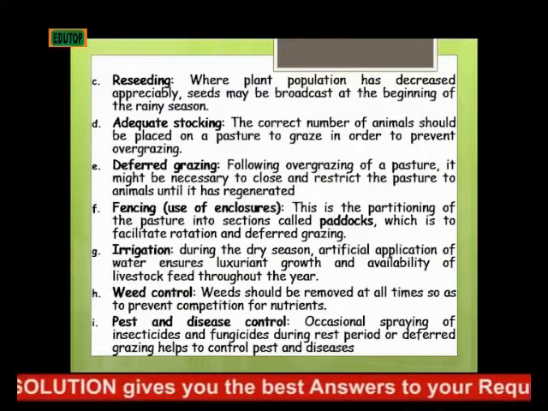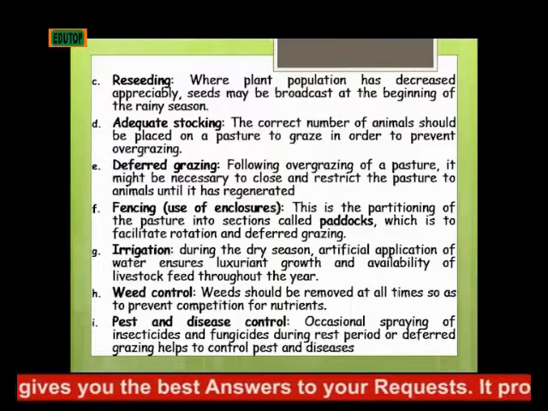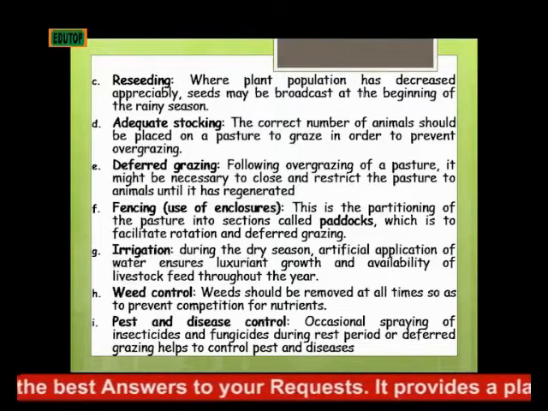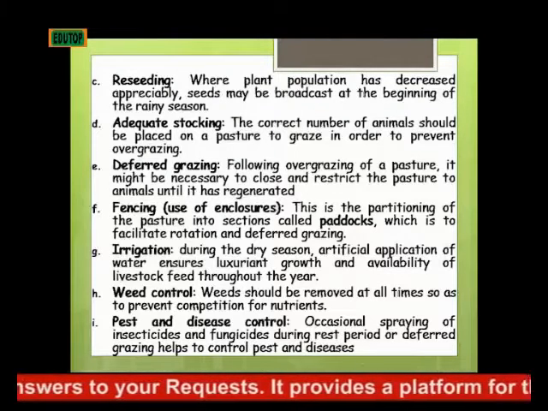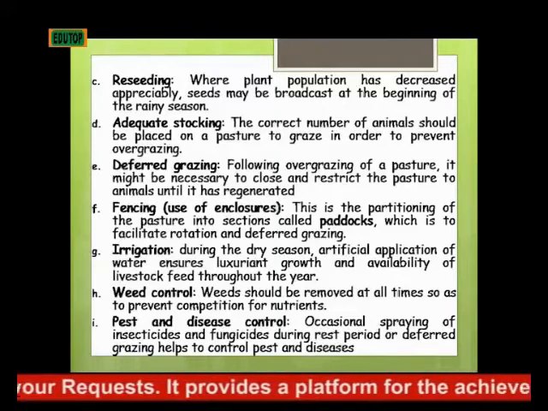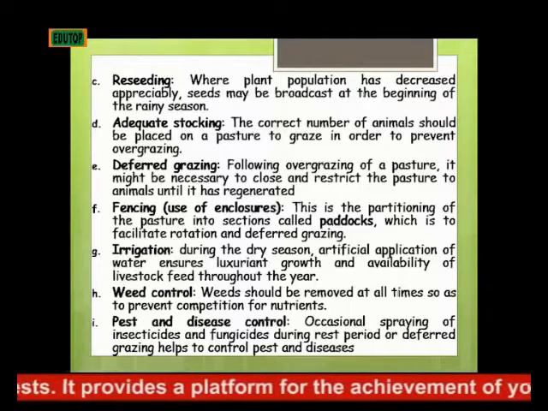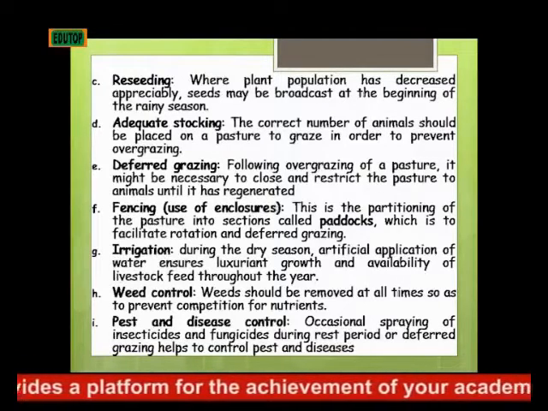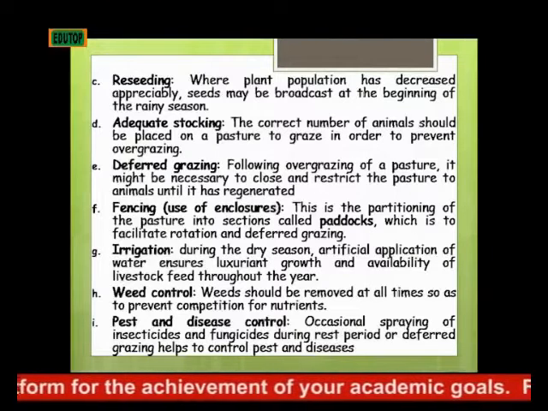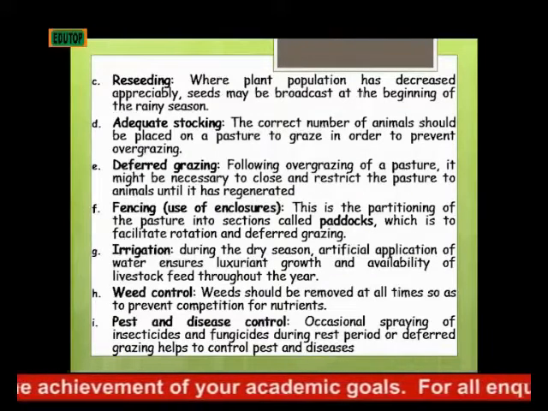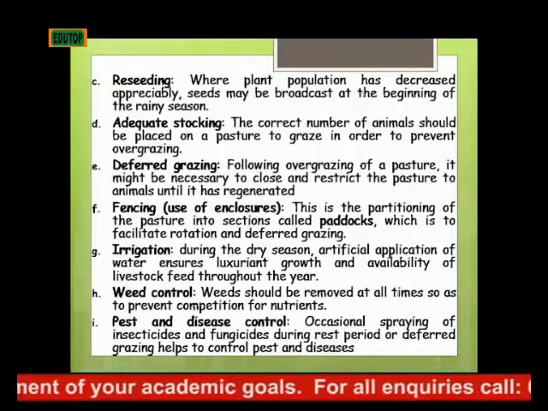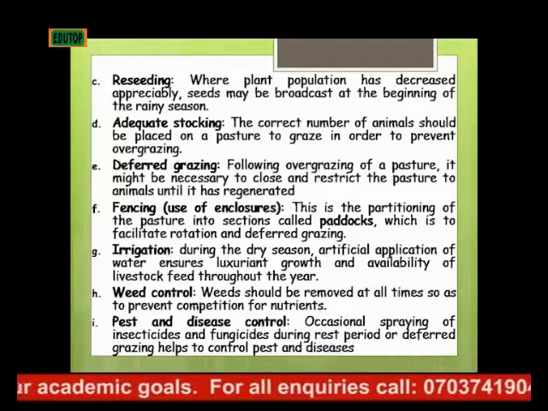Then we have fencing, that is use of enclosure. This is the partitioning of the pasture into sections called paddocks, which is to facilitate rotation and deferred grazing. Then another maintenance practice is irrigation. During the dry season, artificial application of water ensures the luxuriant growth and the availability of livestock feed throughout the